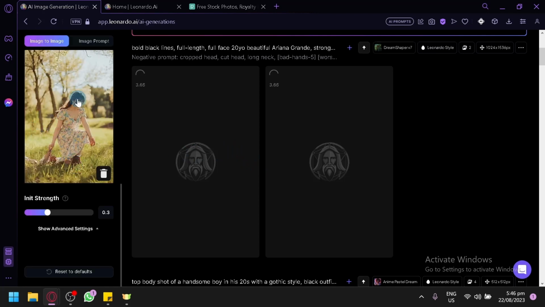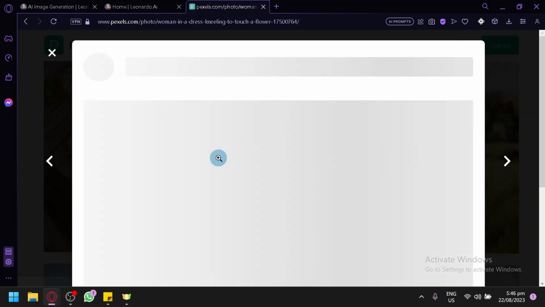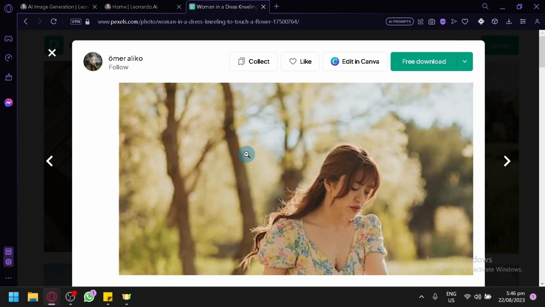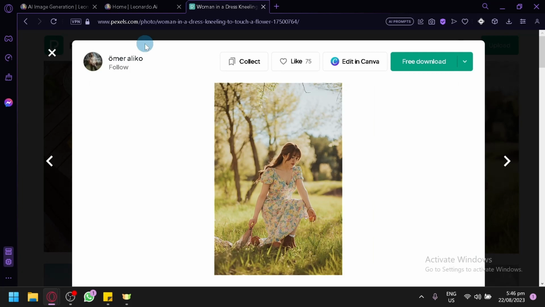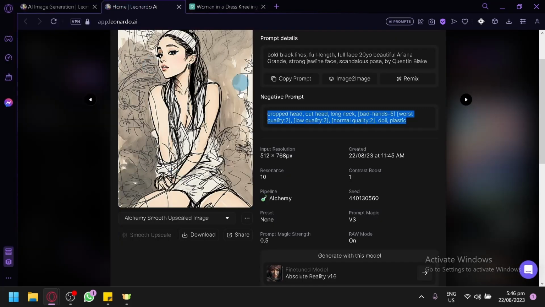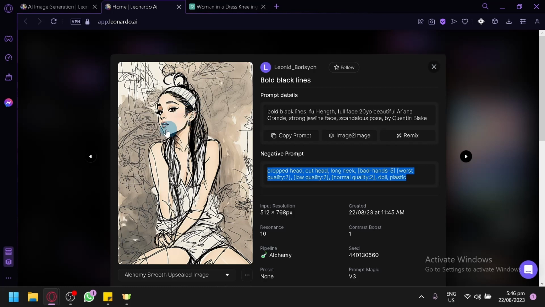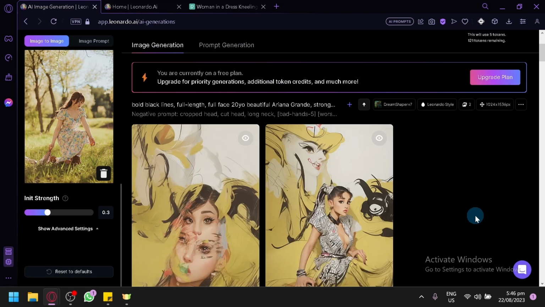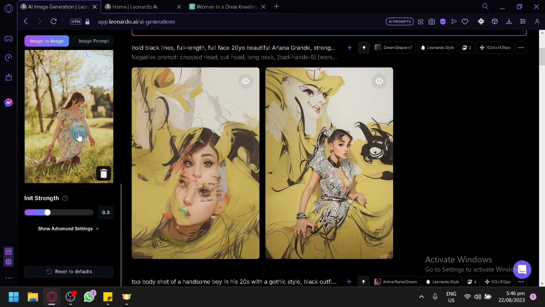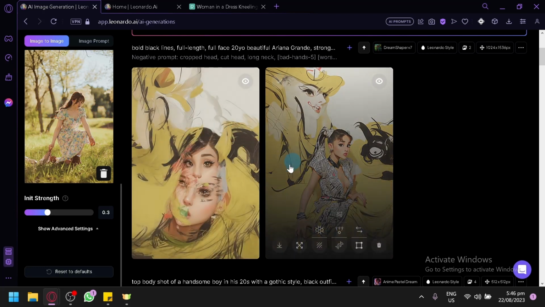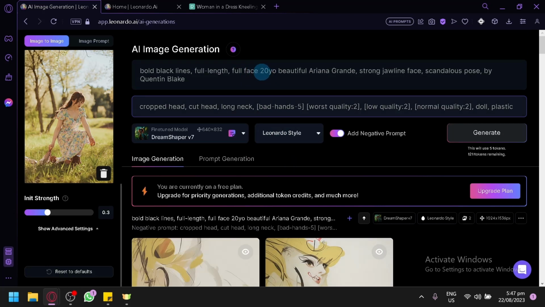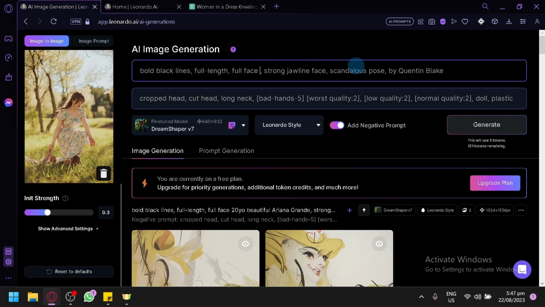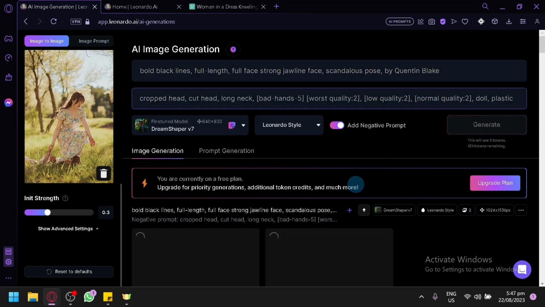Keep in mind, this is our reference image over here, or over here if you can't see it quite clearly. If you can't see it quite clearly, this is our output over here. And let's wait for it to produce our output and see if we will be able to have a similar effect with this one over here. And let's see. And there we go. Now, I think we forgot to edit it out, but as you can see, it's trying to get the elements or the different features that you can see here into this image over here. So let's change it up. Let's remove this Ariana Grande over here. Let's delete that. I think we forgot to change that, but anyway, let's generate it once again,